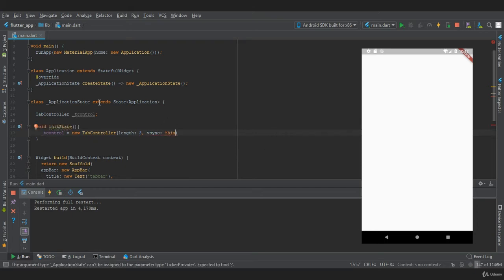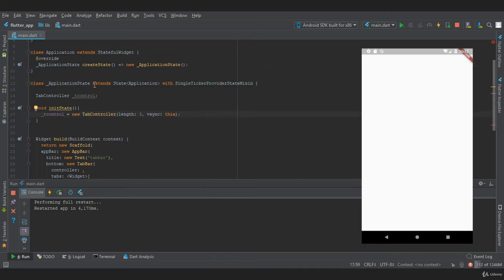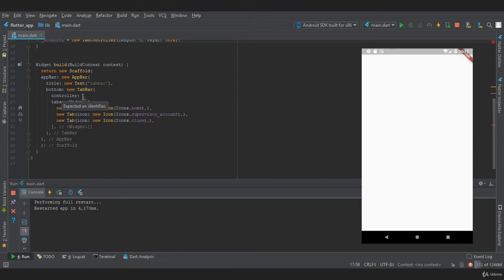Now where it says extends state application, we need to provide it with single ticker provider state mixin, and now there is an error, which is a semicolon error. Now we want to provide this t control in our controller, so we'll say t control. Now let's restart our app.